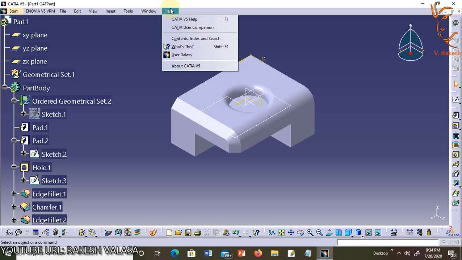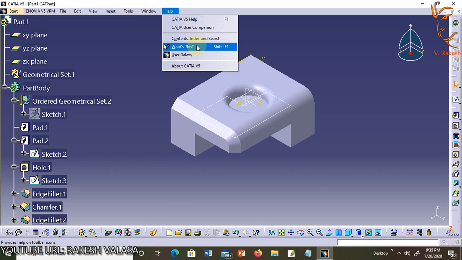Next one is Help. This is the last menu in the standard Windows toolbar. This tool is also similar to most MS Windows applications. You can find out license and release information as well as access the CATIA complete content, index and search screen.